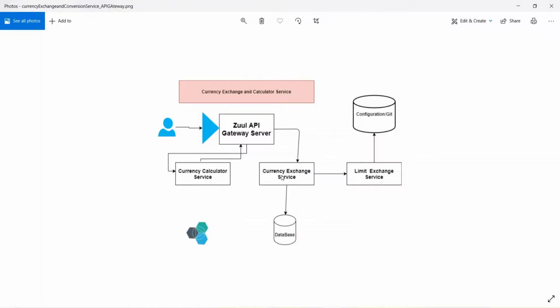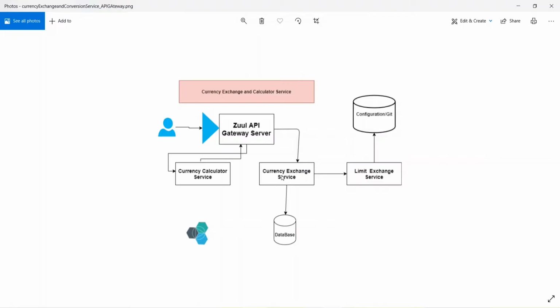So to resolve that challenge, Spring Cloud Sleuth comes into the picture and it assigns a unique ID to each request, right? So to implement distributed tracing using Spring Cloud Sleuth, we'll have to do two things. First we'll have to add the dependency for Spring Cloud Sleuth in the pom.xml, and thereafter we'll have to implement the sampler.